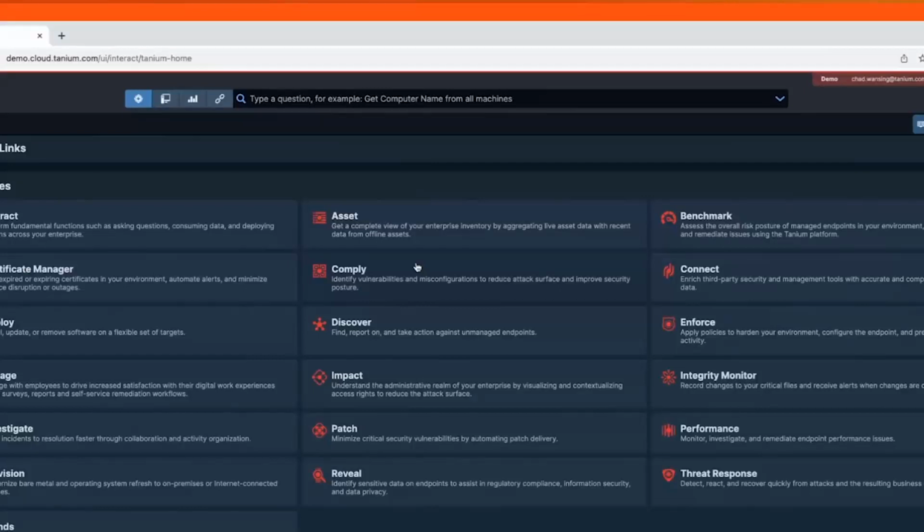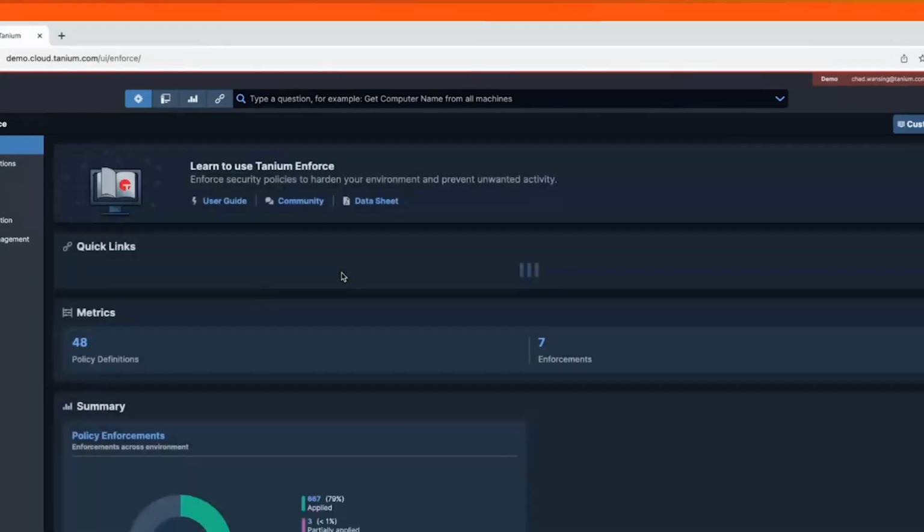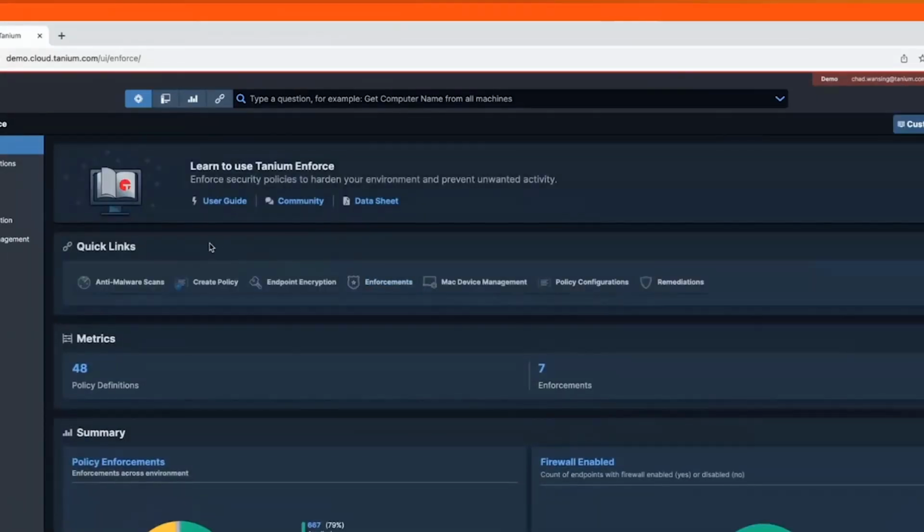So we've talked kind of about the good IT hygiene pieces. What else can Tanium do? Our Enforce module, looking at BitLocker, AppLocker, removable device control, being able to go apply local GPO, and even, soon to be out of beta, MDM for Mac OS systems, right? So currently in beta, that'll be available soon.